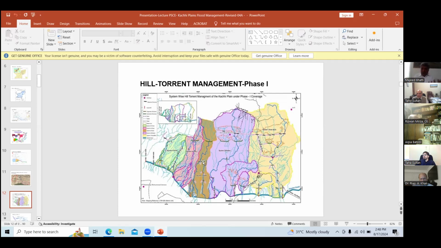These emerge from the Suleiman Range, from district Bhatti, Kolu, and also from the Ziyarat area, and ultimately they reach the Kachin Canal and hit it and damage it badly.